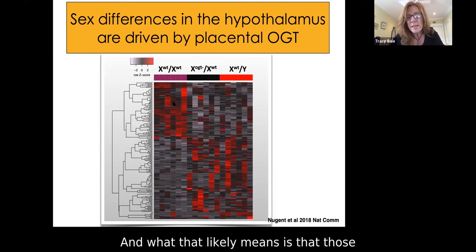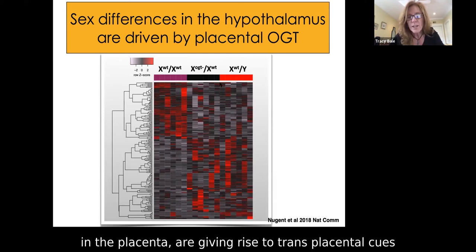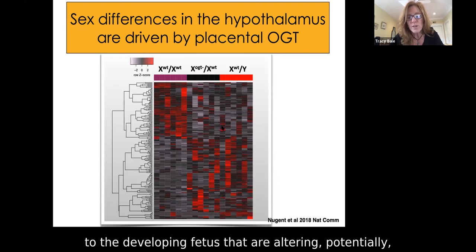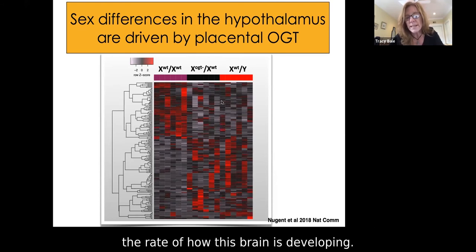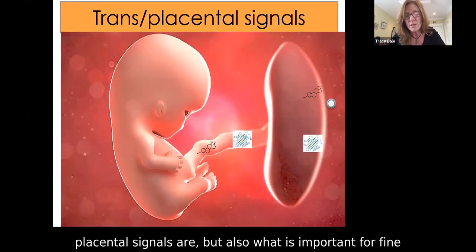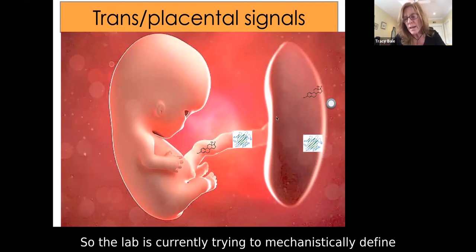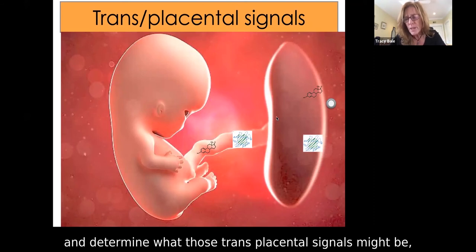And what that likely means is that those transplacental signals, guided and regulated by levels of OGT in the placenta, are giving rise to transplacental cues to the developing fetus that are potentially altering the rate of how this brain is developing. And that may be important for our understanding, both for trying to determine what those transplacental signals are, but also what is important for fine-tuning the brain and how that rate of development matters. So the lab is currently trying to mechanistically define and determine what those transplacental signals might be